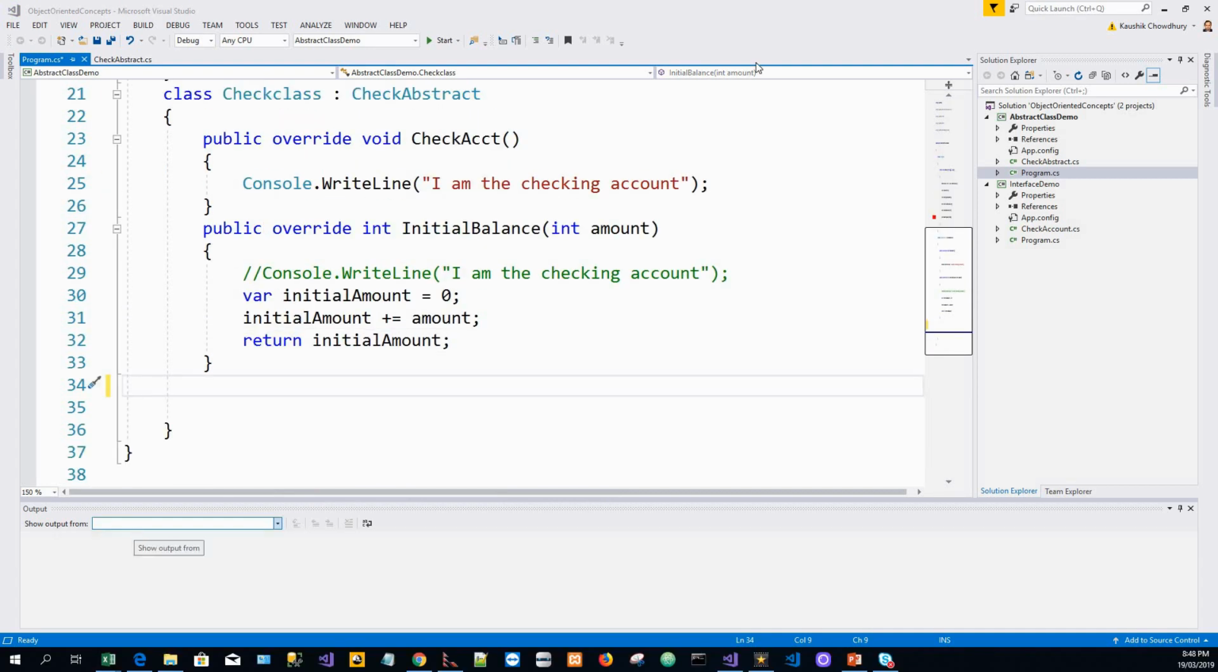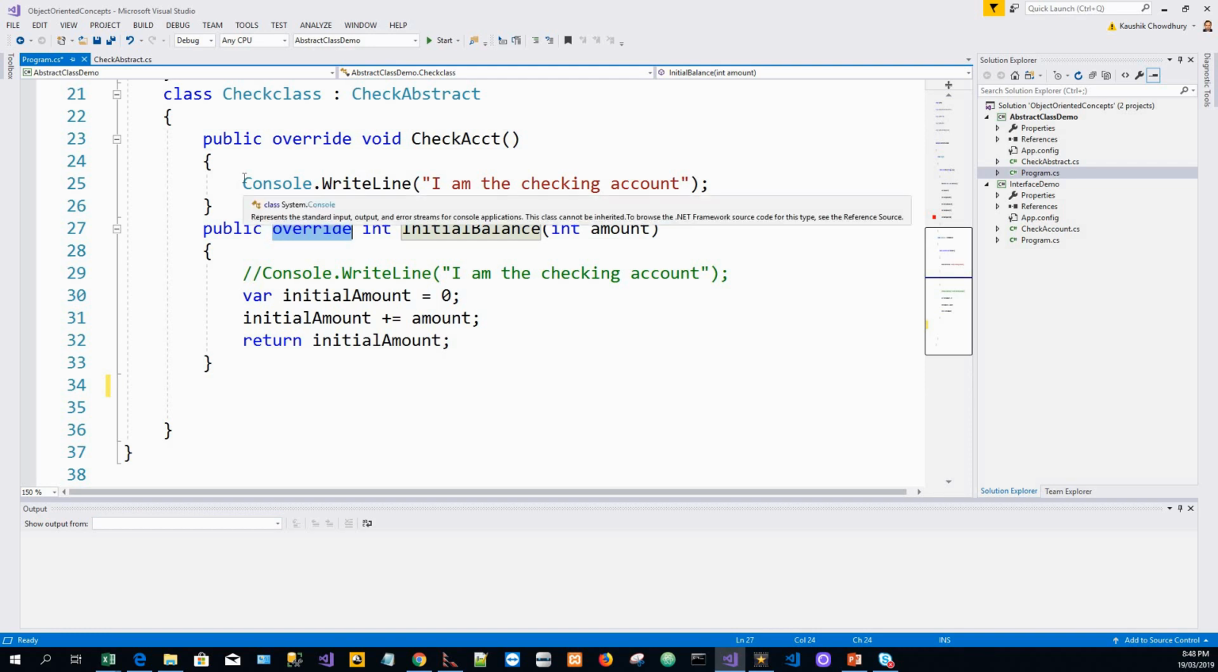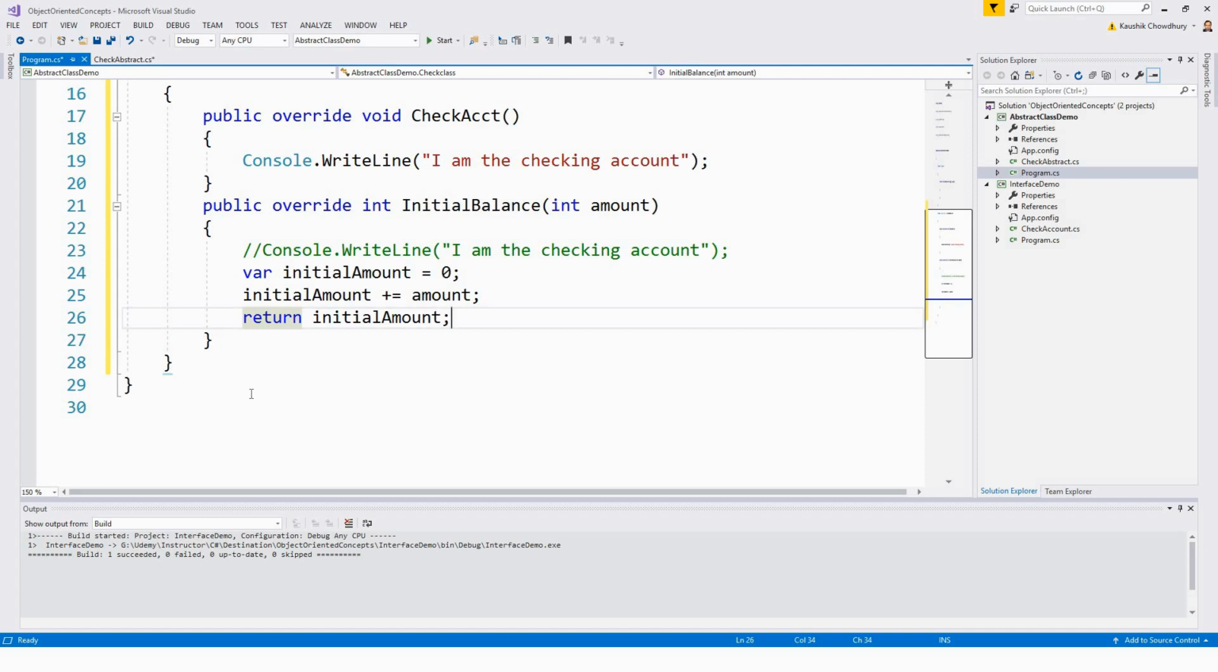Now here we are writing the override keyword just to override the base class, which is an abstract class, methods which had no implementation. Since the abstract methods don't have any implementation, they require non-abstract derived classes to implement. Finally, I have the choice to create